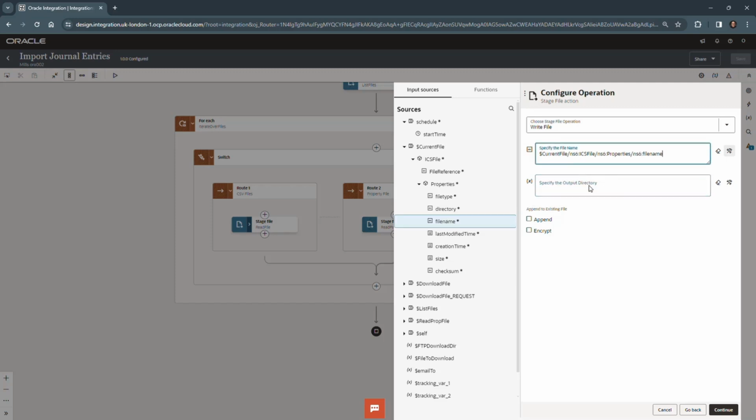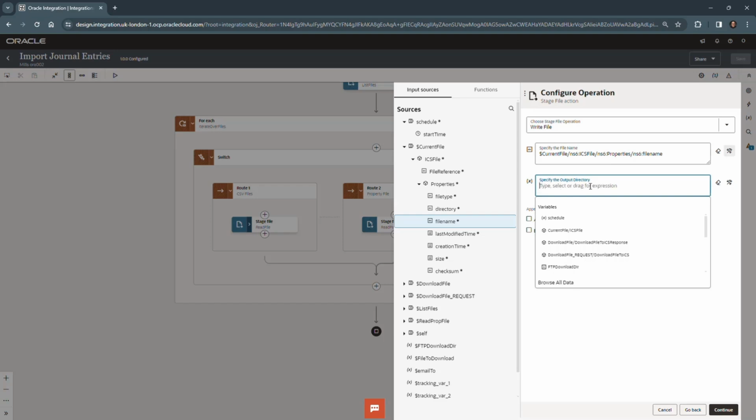And since that's a good name, we'll just reuse that same file name. But then for the output directory, not just by coincidence, but by design, we're going to use that same processed temporary stage directory that we're putting all the other files in. So if that makes sense to you, we go through the loop for each file, we do what we need to do, and we write a new file, either a new CSV or a new properties file, but we're going to put them all into this processed output directory. So we'll click on continue,